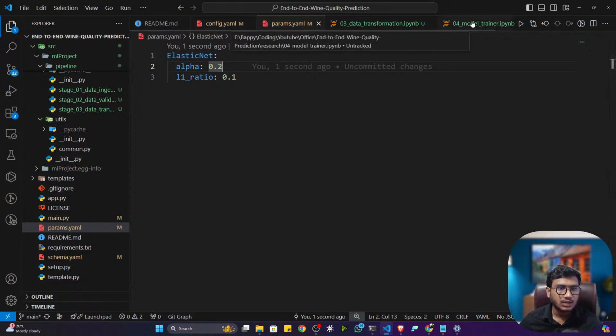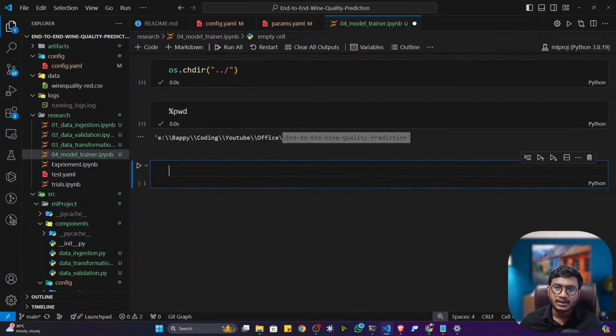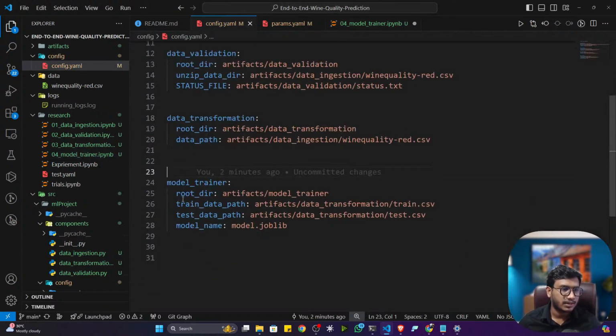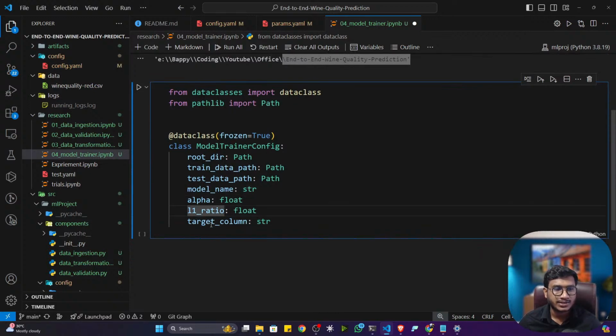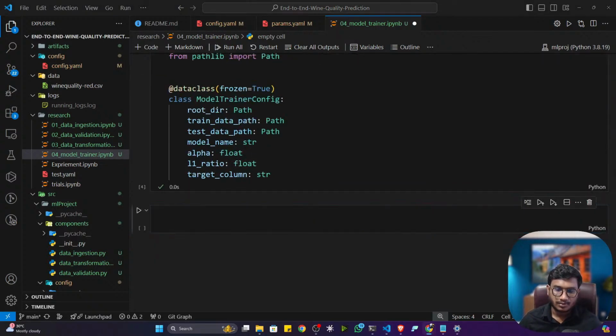Now let me get back to my Jupyter notebook, and here I'll be creating the entity right now. So this is my entity. You can see I'm initializing all the variables. Apart from that, I'm also initializing alpha, L1 ratio and target column. These are the three variables. Now I'll be creating the